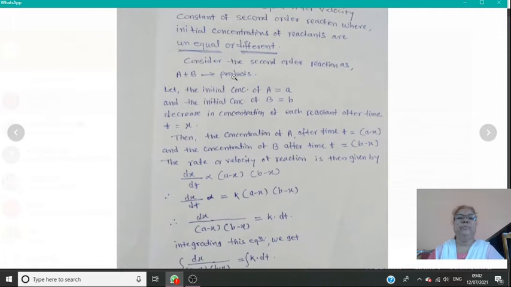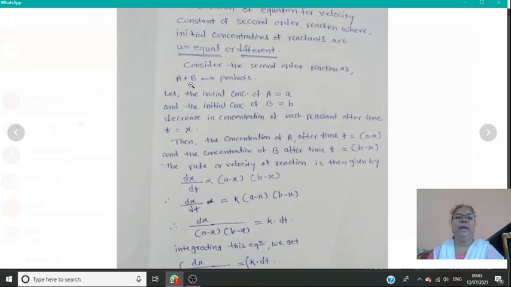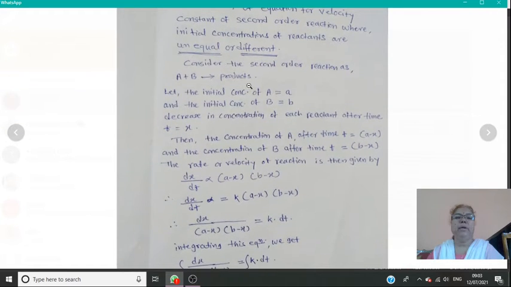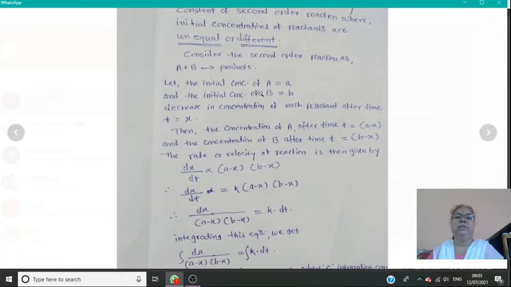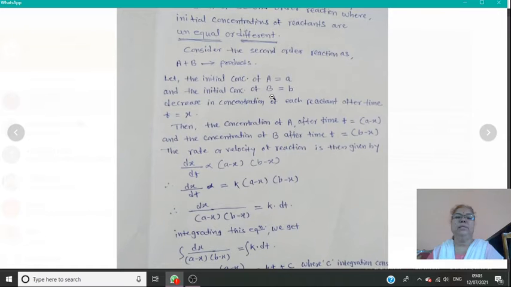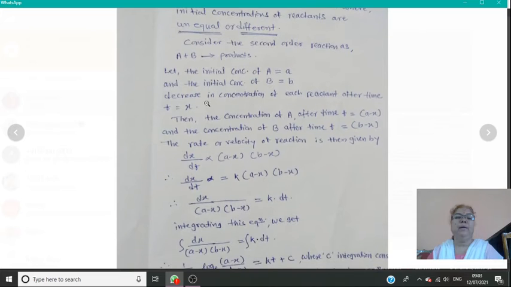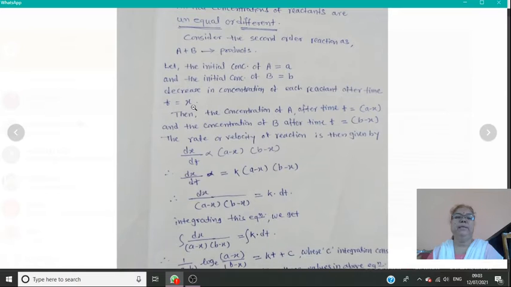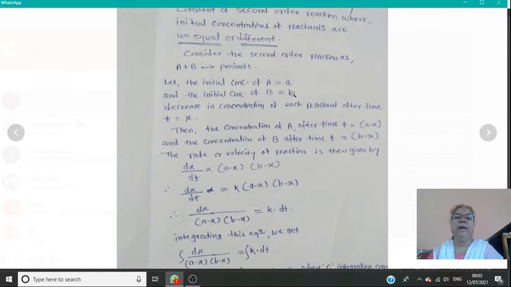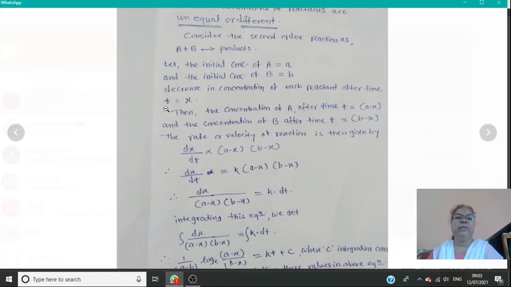Okay, for this purpose, consider the second order reaction as A plus B gives products. Let the initial concentration of A be equal to small a, and the initial concentration of reactant B be small b, and the decrease in concentration of each reactant after time t is equal to x. We have considered a and b as the initial concentrations and x as the decrease in concentration at time